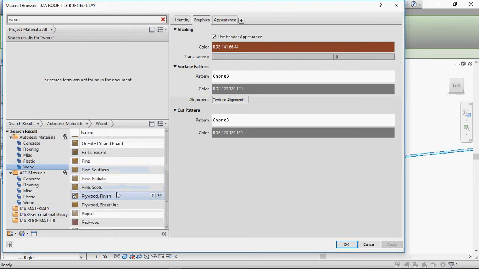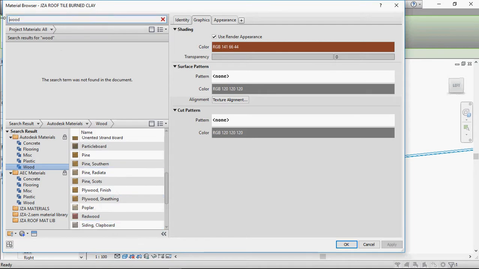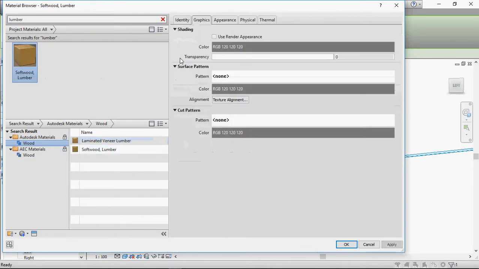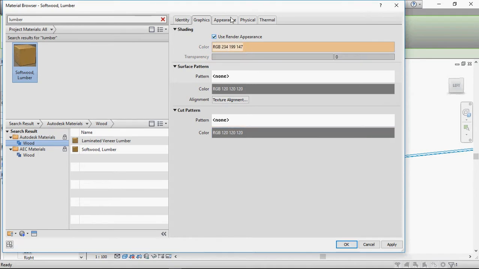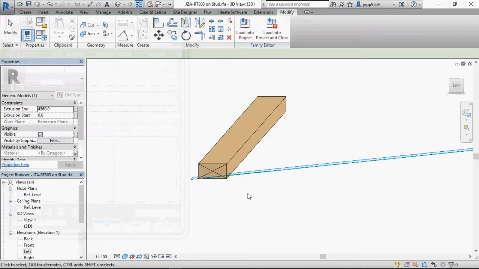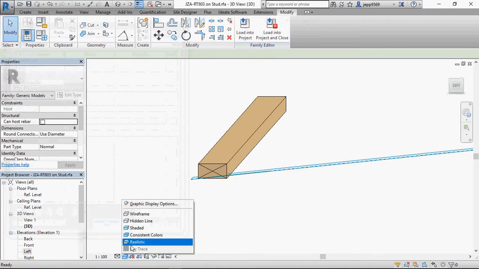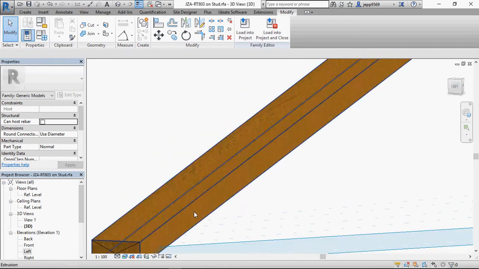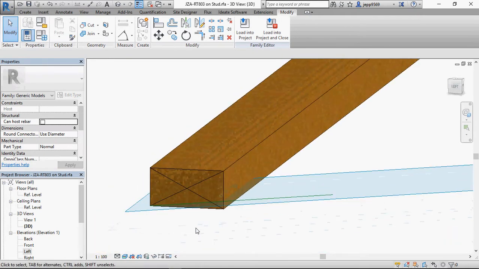It's just a soft wood, I think. Let's take this basic one. I'll just use the render appearance. Alright, let's see how it looks in realistic. So one thing that I like to do with wood to show that in renders is that I like to